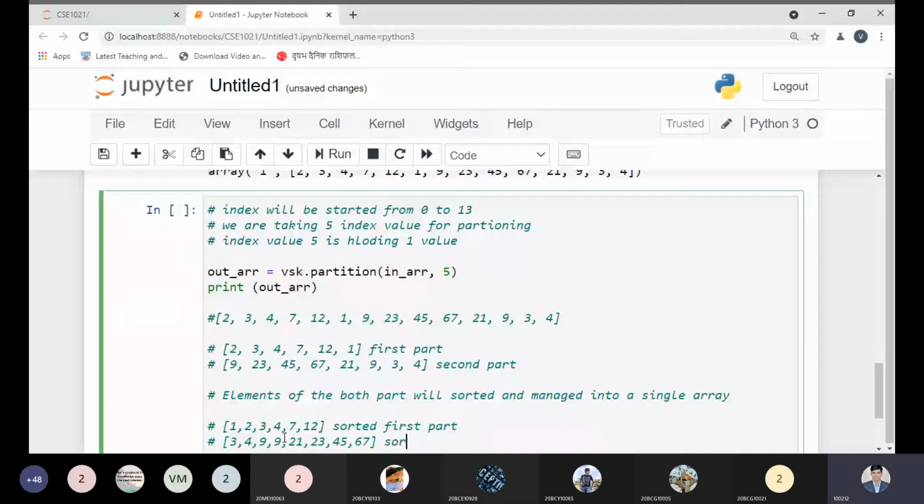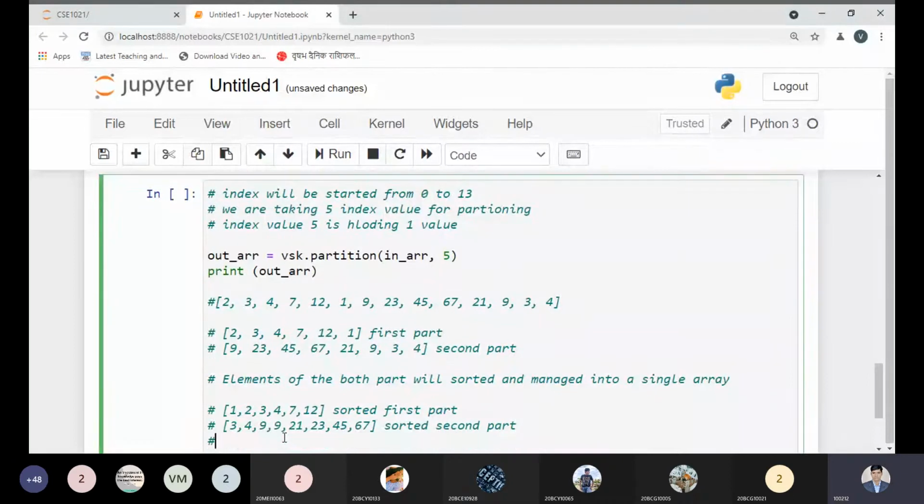So this would be our sorted second part. And thereafter, these two parts will be merged into the array variable.